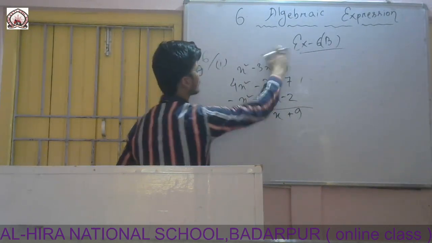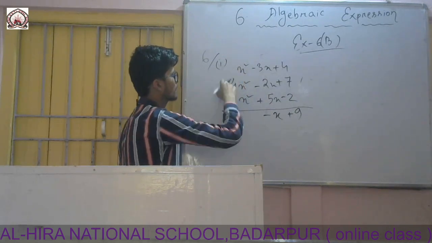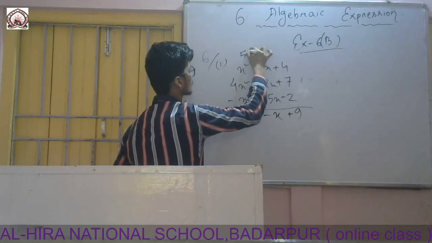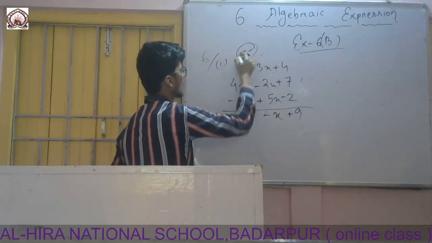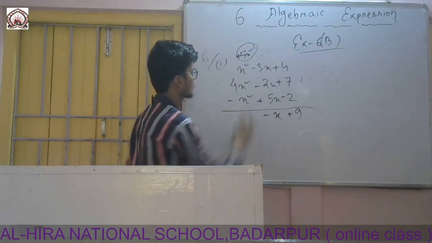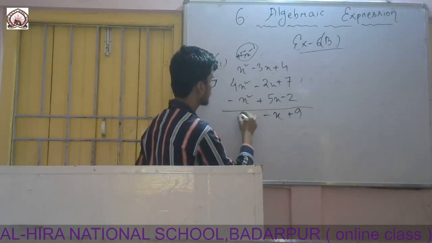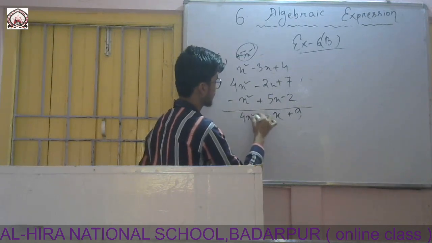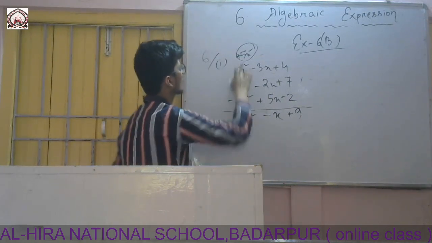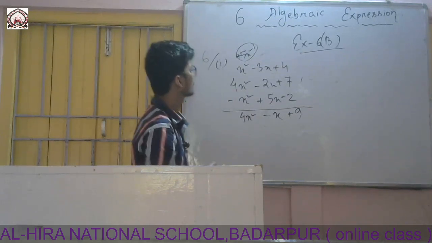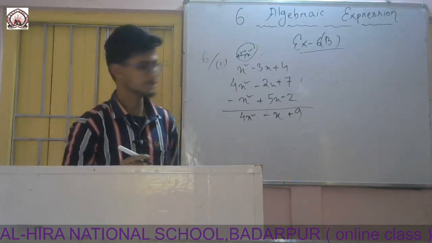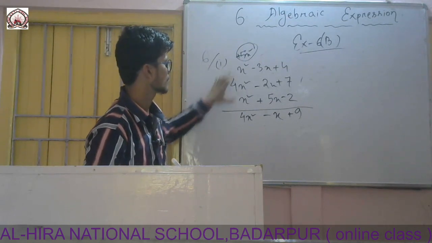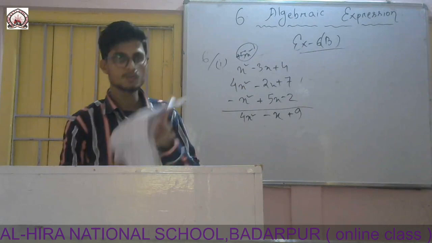So now I will solve this part. Plus plus. So 4x plus x is 5x square, and it is plus sign. Plus minus, it is minus. 5 minus 1 is 4, and the variable is x square. Which one is greater? There is 1, there is 5, so I will give the plus sign. So normally you can do these two plus and then subtract this one. And if you want you can do it directly also.